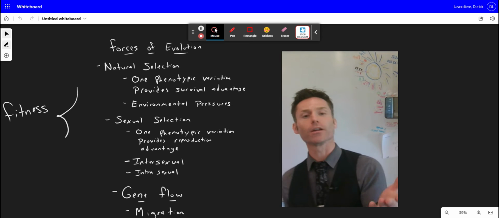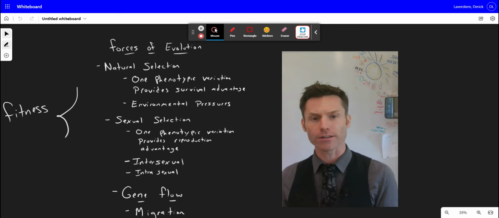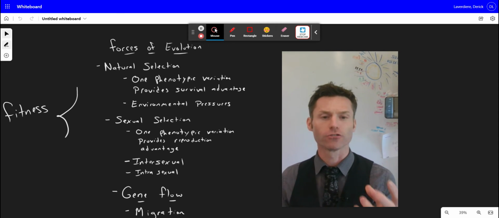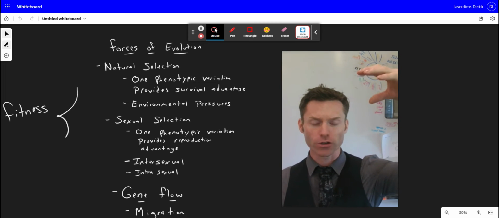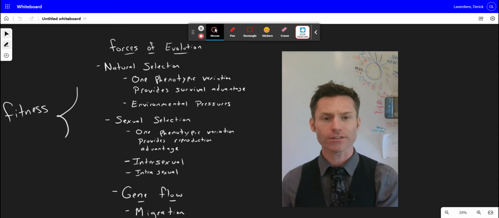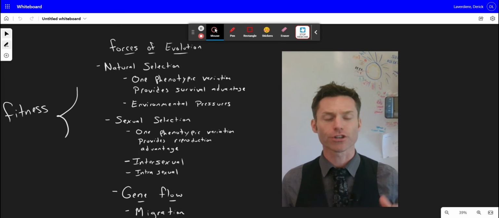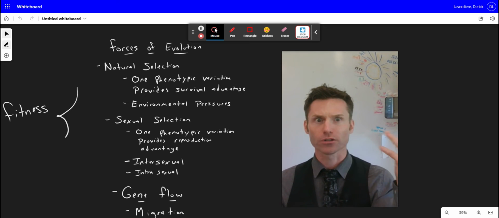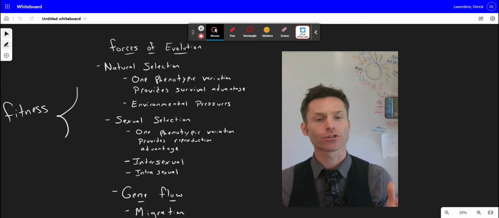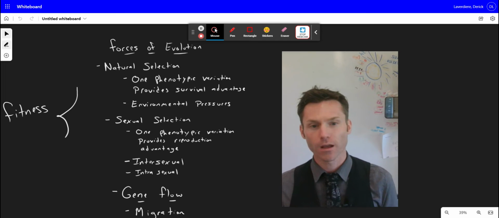For instance, if the organism is a grasshopper that lives in green grass, if I have green grasshoppers and magenta grasshoppers, the green grasshoppers will blend into the grass, and the environmental pressure that is birds trying to hunt these grasshoppers will have a harder time seeing the green than the magenta. So we will see a shift in phenotypic predominance towards that green version of the grasshopper. Right? In turn, that will shift our allele frequency towards the green allele. Okay? Natural selection.